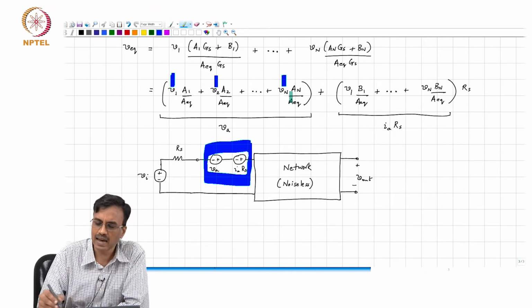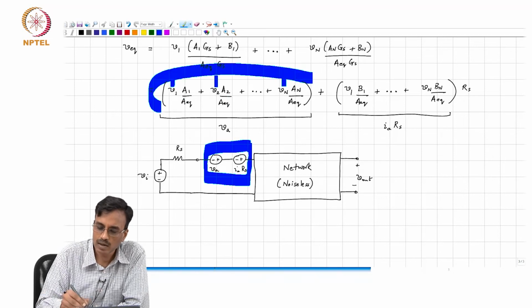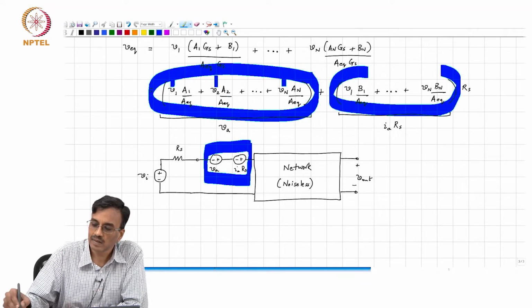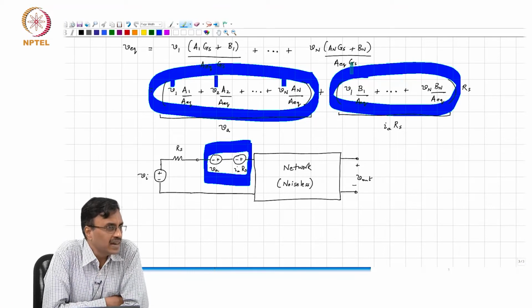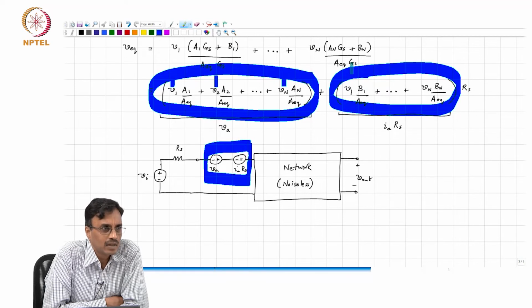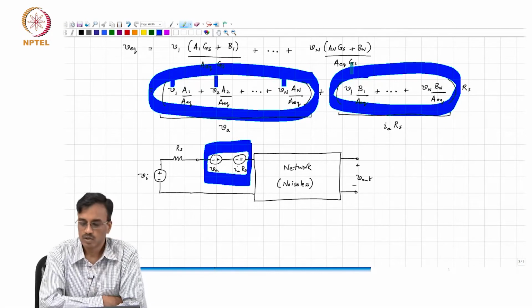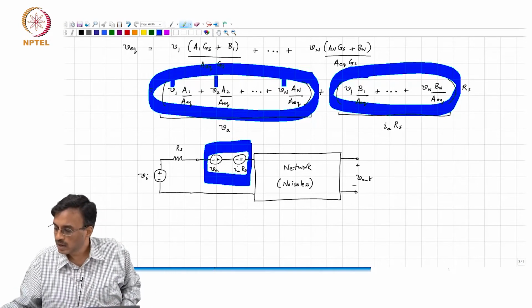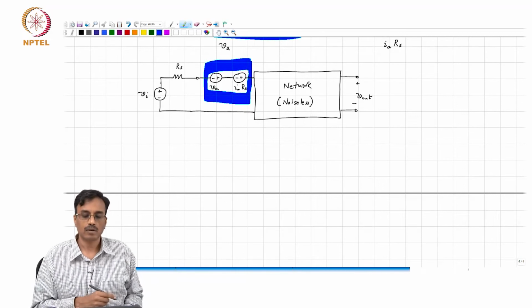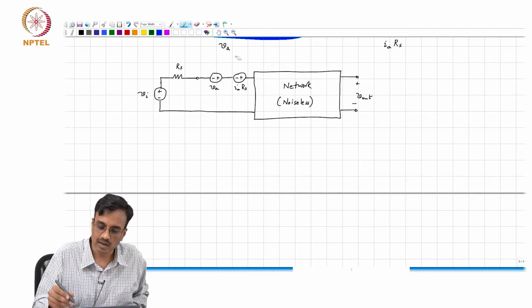Remember that VA and IA, all these quantities, only depend on the network; they do not depend on RS. Is that clear, by the way? Because those A, B, C and D terms are all independent of RS. So these are only network dependent, the ones circled in blue, and so we are in a bit of a bind. Fortunately, it turns out that you can, if you stare at this,